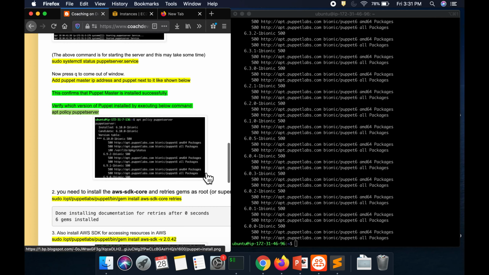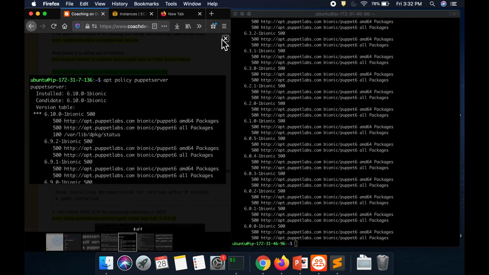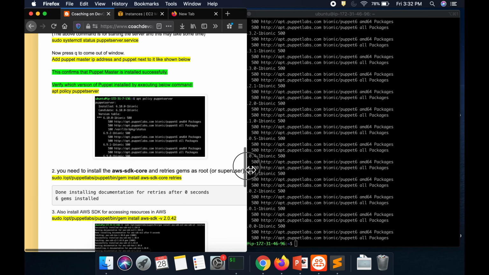So far so good. So what is our goal? We want to provision infrastructure in the AWS cloud, and we also want to manage configuration as well for those instances, okay? In order to achieve that, we need to download the AWS SDK gems, okay? So these are the commands, right? Let's execute this command. This command is going to download AWS specific gems, okay? So that is what we have to do.